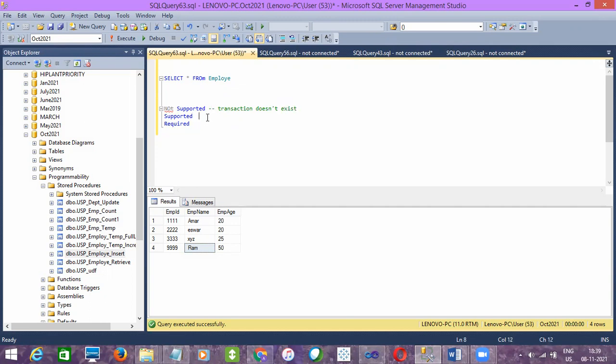If it is Supported, it will use the existing transaction. And for Required, it will create a new transaction.